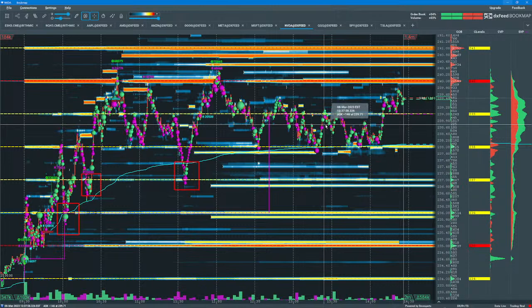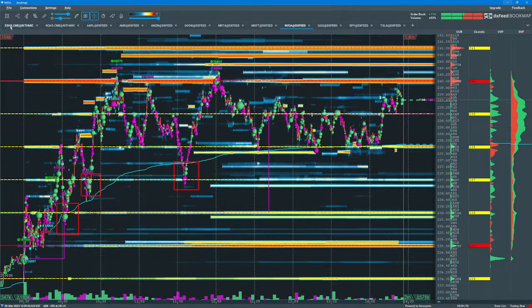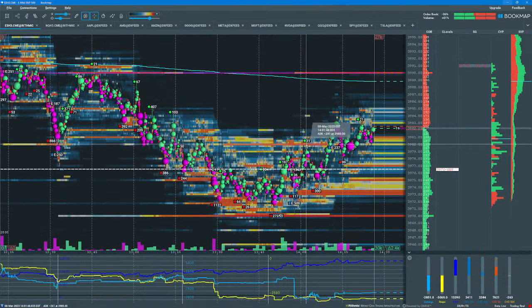I don't have any specific answer for that, just watching order flow. I don't know. I'll have to think about that. That's something that, again, you just watch order flow. And we'll go back to ES here and see that